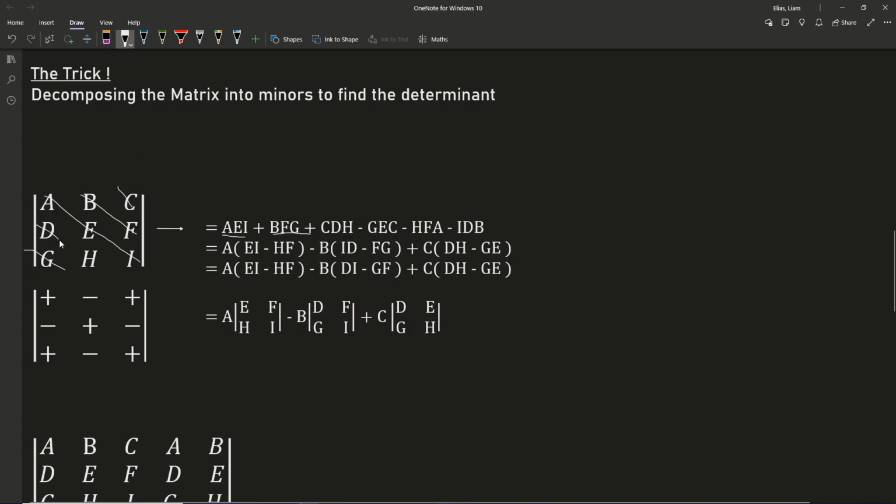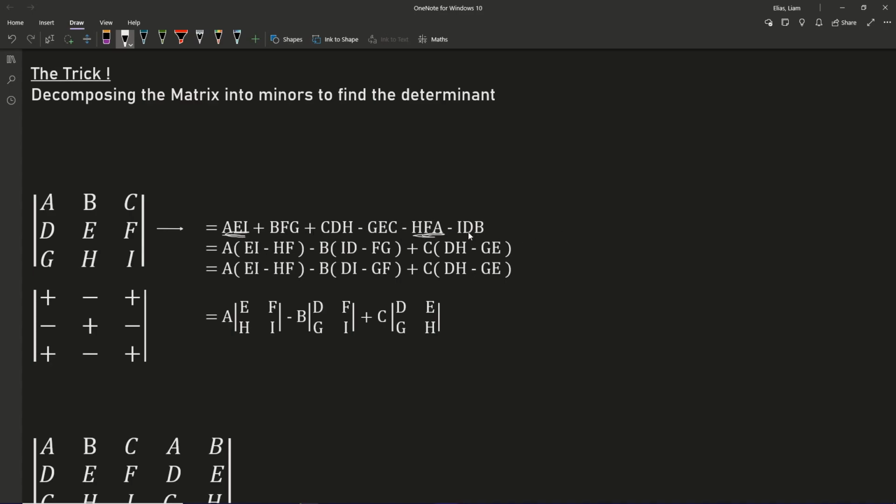Just like this. And we'll end up with all these terms, so on and so forth. But if you look at these terms, we can factor out a common value from a lot of them. So you can see that we have an a in this term, and we also have an a in this term. So we can express this as a times ei minus hf, right? If you multiply it out, the a goes into this term, a goes into this term, you just get what